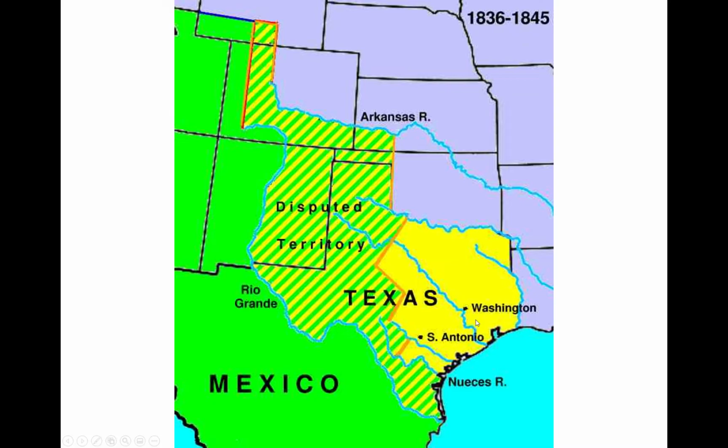So you have Texas with a whole lot of area disputed, whether or not it was in Mexico or whether it was in Texas. So as soon as Polk becomes president, he sends an army to Corpus Christi, right, on the Texas side of the border. The Mexicans respond by sending an army to Matamoros. So both sides are keeping their troops out of the disputed territory. Polk then orders the American army to march to Brownsville, which is deep in the disputed area. The Mexicans don't do anything.